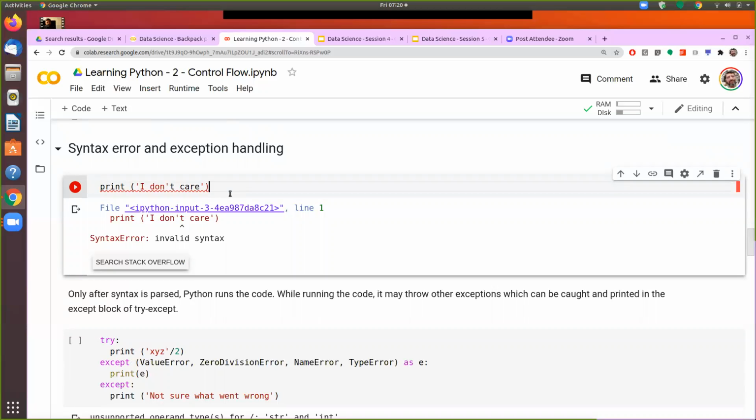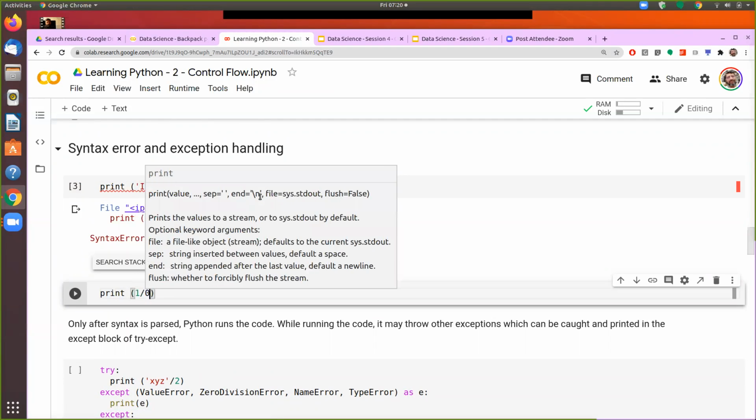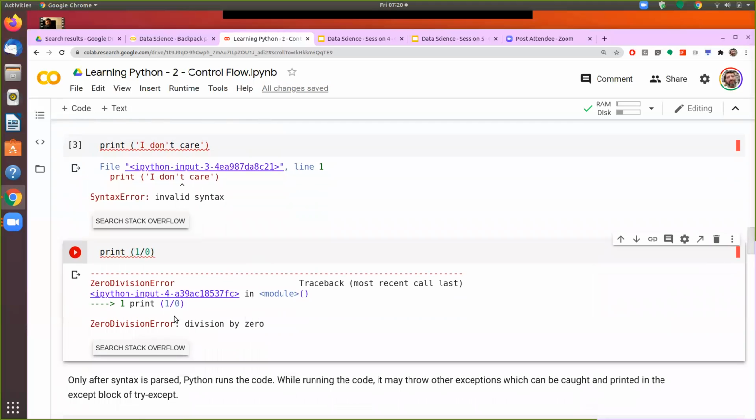If I say here, or let me introduce one more cell, print 1 by 0, it will show you the error anyway. But if you want to give our own description of the error,